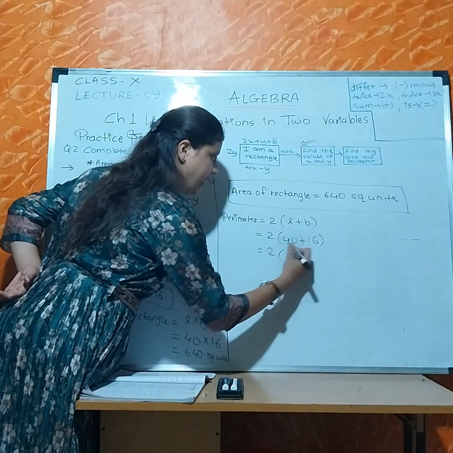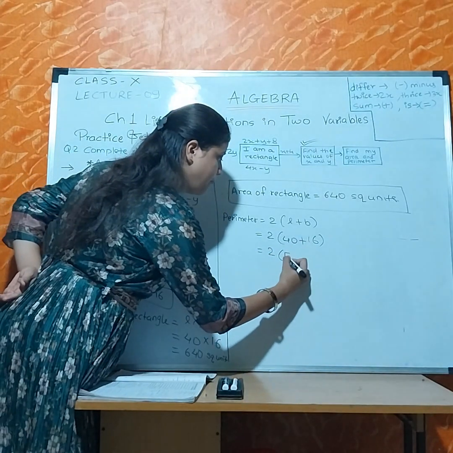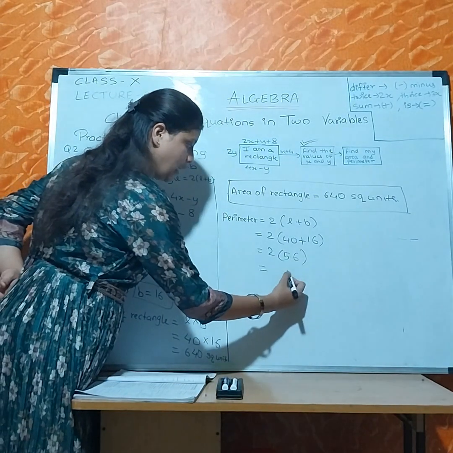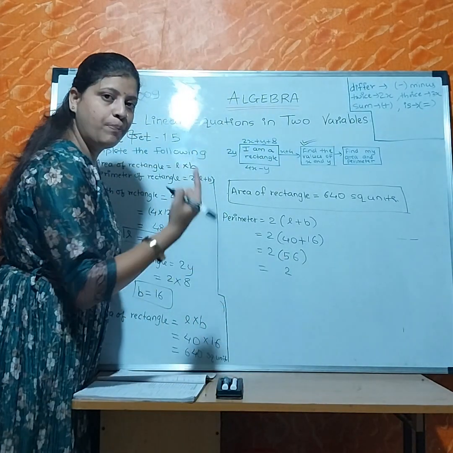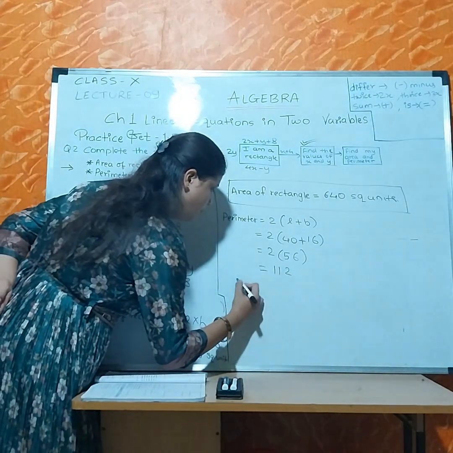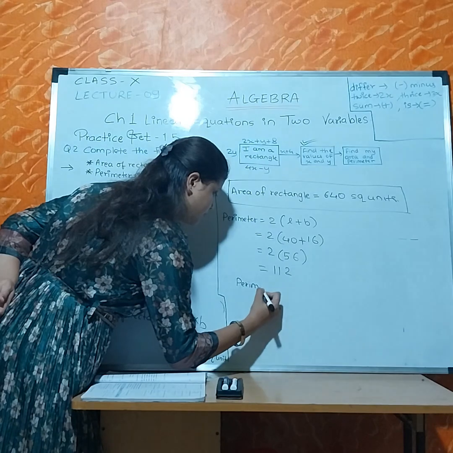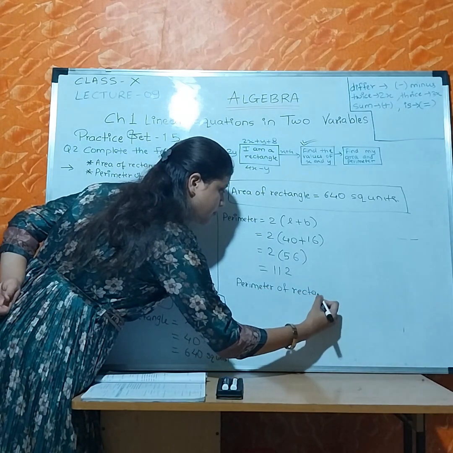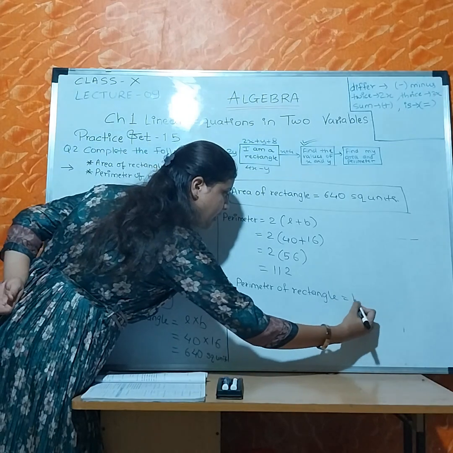So 2 in bracket, 40 plus 16, what is the answer? 56. So 2 into 56, 2 6s are 12, 5 2s are 10 plus 1. Therefore, perimeter of a rectangle is 112